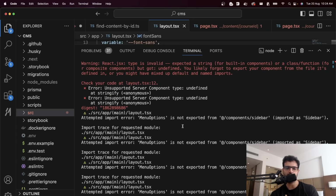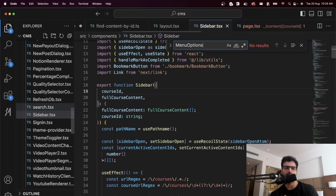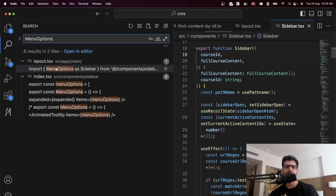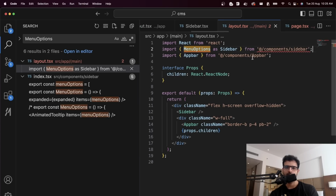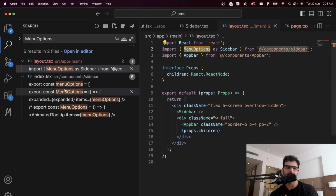It is saying in layout.tsx, it uses menu options which comes from sidebar, which is not exported on sidebar. So let's go to sidebar. Does it have menu options? It doesn't. Where are we using menu options? We're using it here. Okay, a clear-ish error. Import menu options as sidebar from this thing, and this does exist, but it doesn't export menu options. It actually comes from